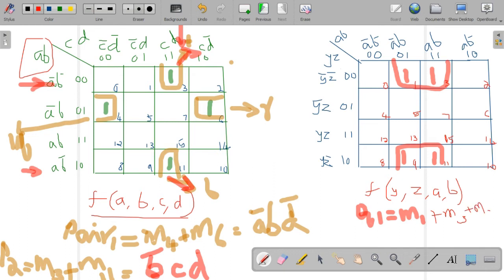M1 plus M3 plus M9 plus M11. So four values are there, four positions. You know how to write this; reduce the pair also, set. Yeah. The next one,